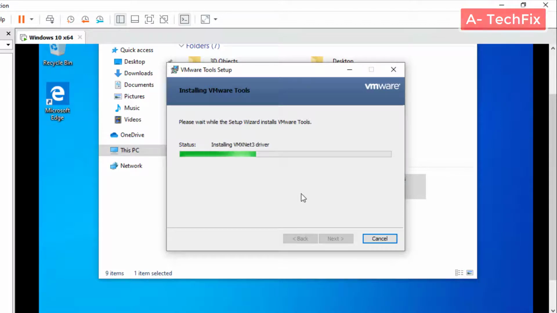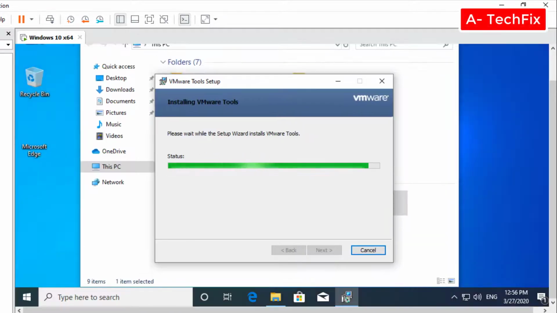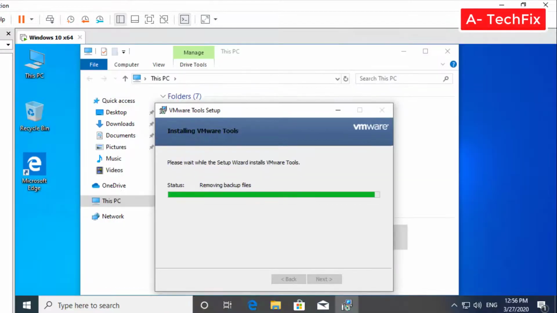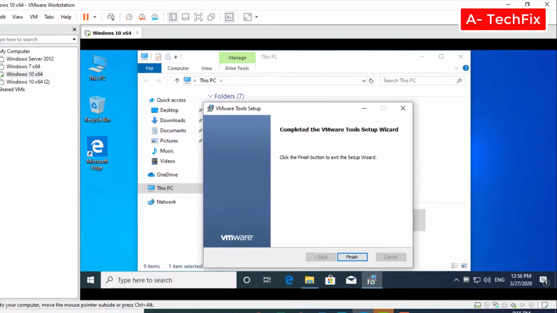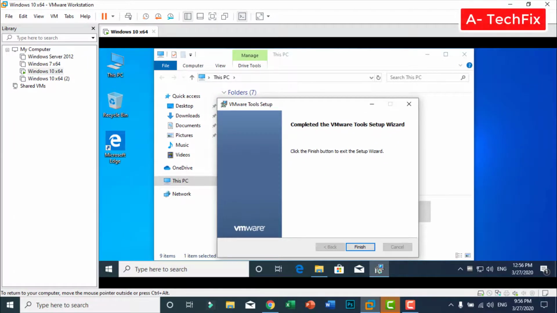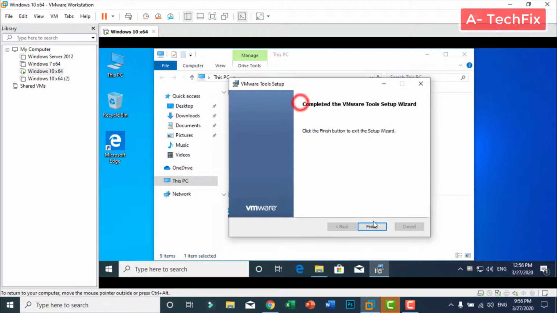Please wait while the setup wizard installs VMware tools. Okay guys, as you can see the resolution of this window has changed. Click finish,